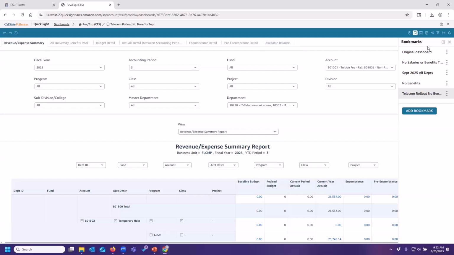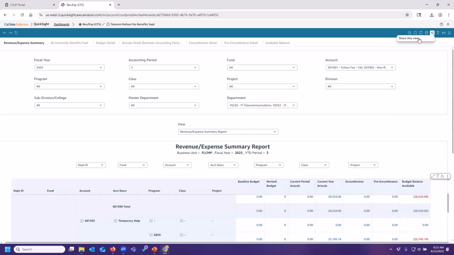But if you have a bookmark that is intended for a particular report, you may want to name the bookmark something like, oh, this is one that I use for budget detail, this is one I use for actual detail. In whatever way you want, you're the only one who's going to see these names, so it only really has to be meaningful to you. But just keep in mind that they apply to all of the report tabs.